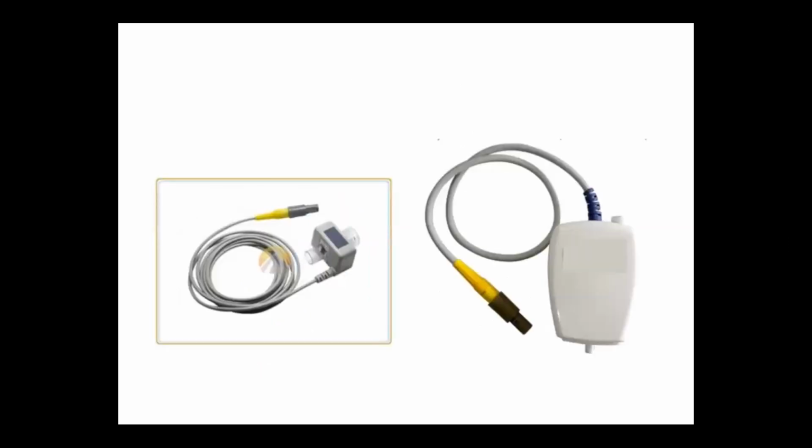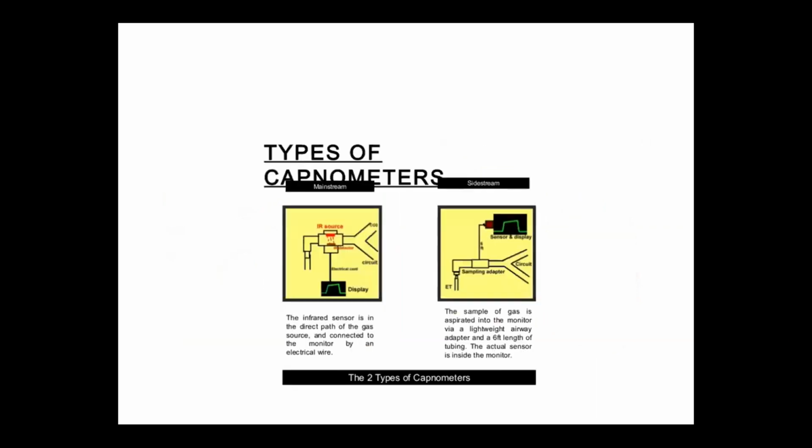Very few slides. I also picked up this because it is a standard monitor, the ETCO2 monitor, a standard monitor which you're using in every case. So it's a basic capnometry instrument for monitoring the EtCO2. One is the mainstream capnometer. On the right side is the side stream capnometer. So you should be aware of what are the mainstream and what are the side stream. The mainstream, which is in the direct path of the gas source, is called the mainstream, and the one which is away from that is called the side stream.